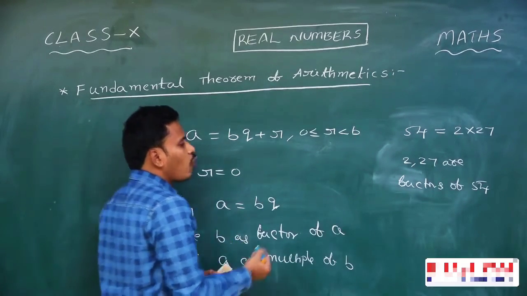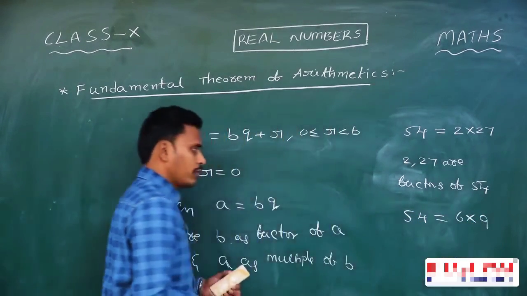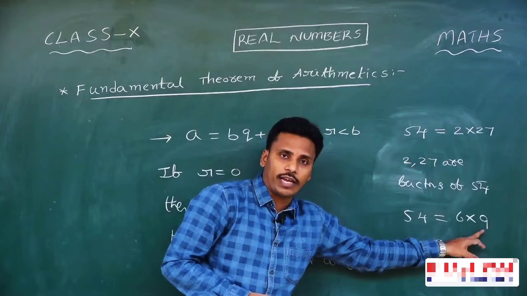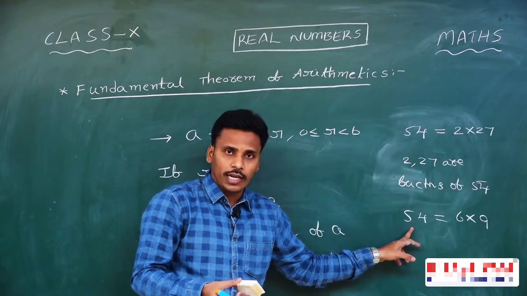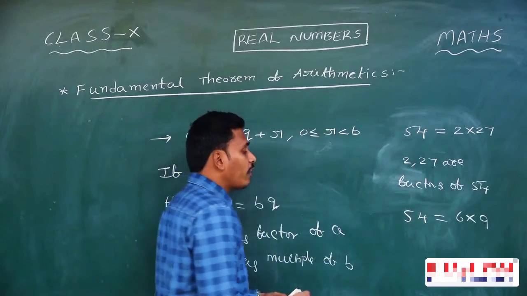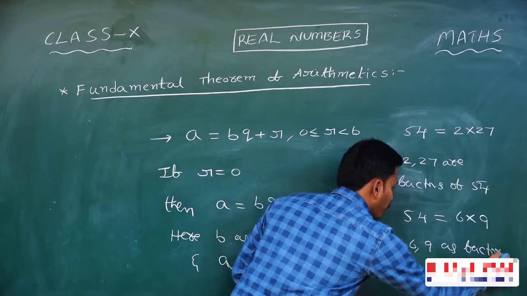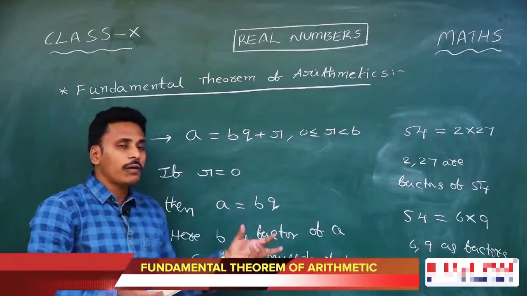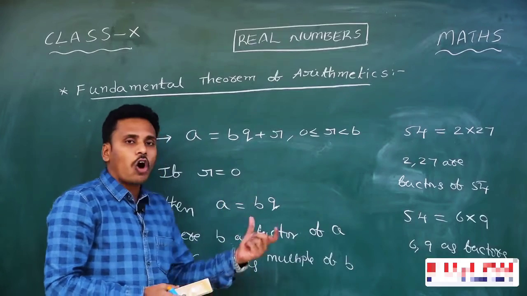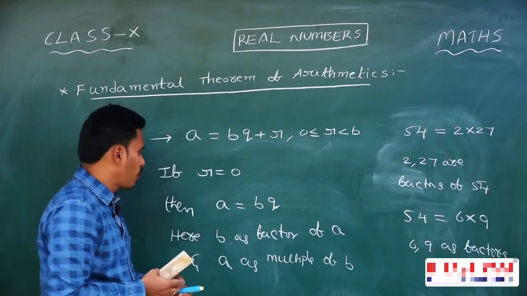Now let us go with some other representation. If you express this 54 as 6 into 9, is it right? 6 into 9 is 54. Since we are expressing 54 as 6 into 9, if you divide 54 by 6, it leaves remainder 0, and if you divide 54 by 9, it also leaves remainder 0. Then here we call 6 and 9 factors of 54. Like this, by expressing the given number as a product of two other numbers, we will list out all the factors of 54. Let us look at all possible representations for 54.